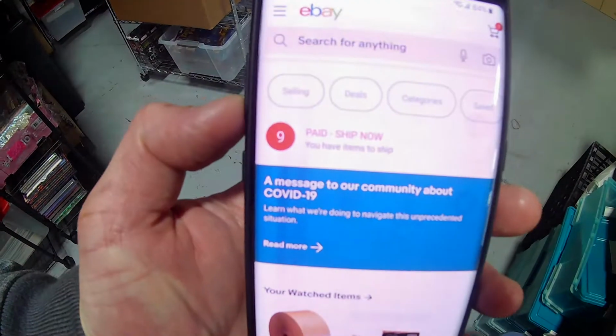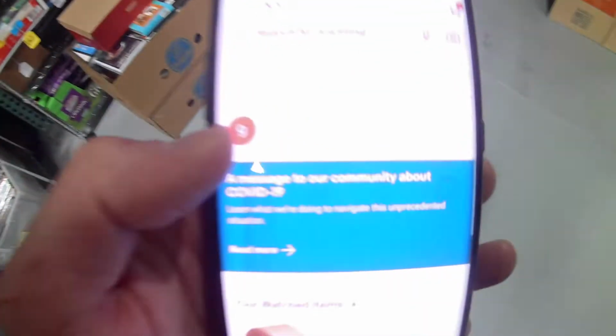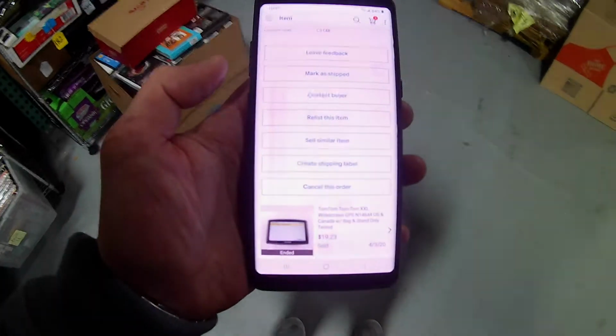Yesterday we got some more orders after I left the office. So right now we got 9 orders. So I'm about to pull the orders and pack and ship today. So let's do this. This is a GPS